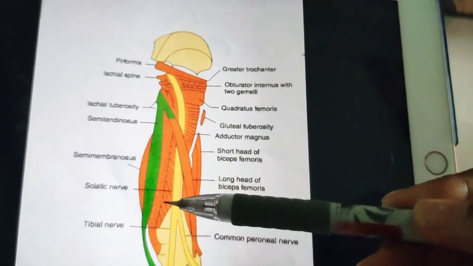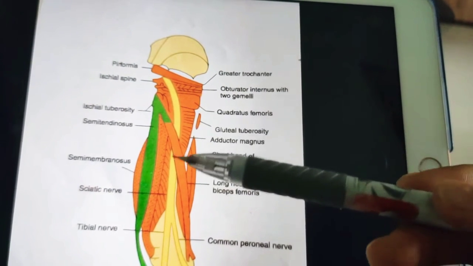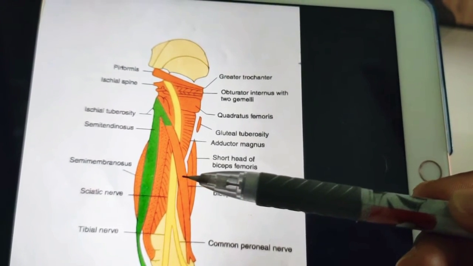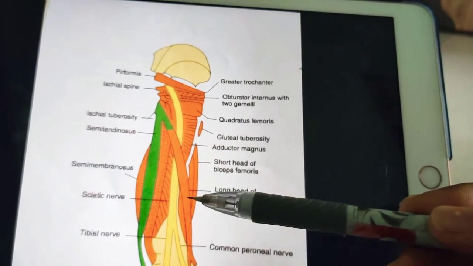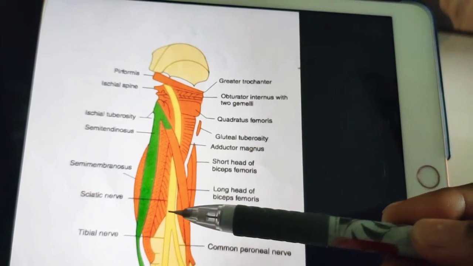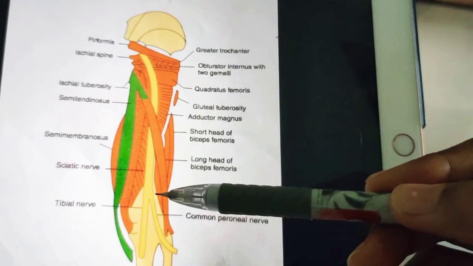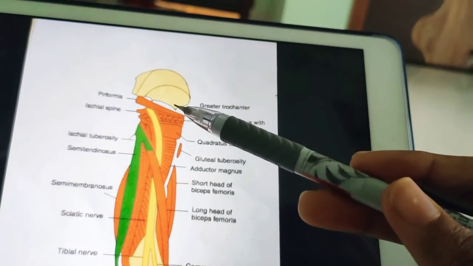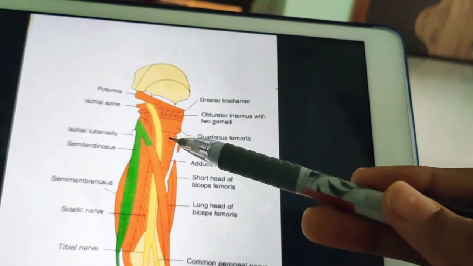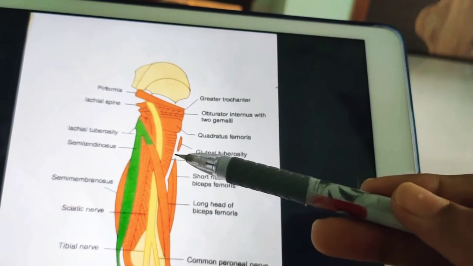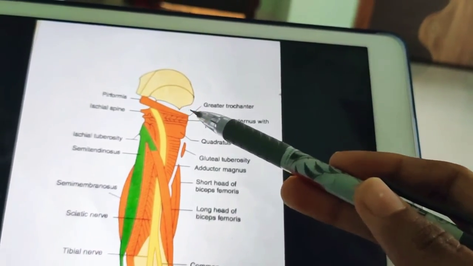The sciatic nerve is actually accompanied by a small companion artery, which is a branch of the inferior gluteal artery. The artery runs along the sciatic nerve for some distance before sinking into its substance. The sciatic nerve may divide into terminal branches anywhere above the usual level. When the division occurs in the pelvis, the tibial nerve passes through the greater sciatic foramen inferior to piriformis, but the common peroneal nerve pierces the piriformis to enter the gluteal region.